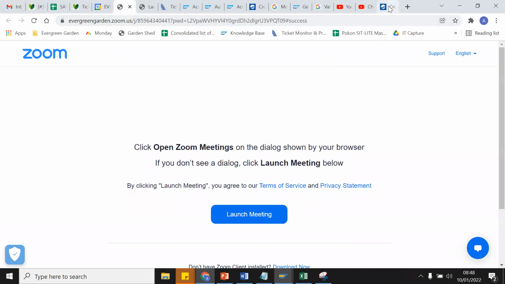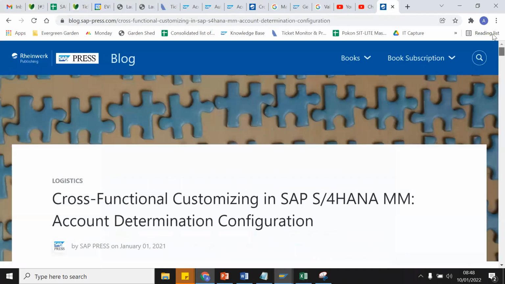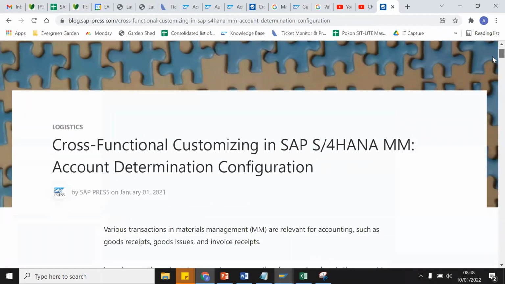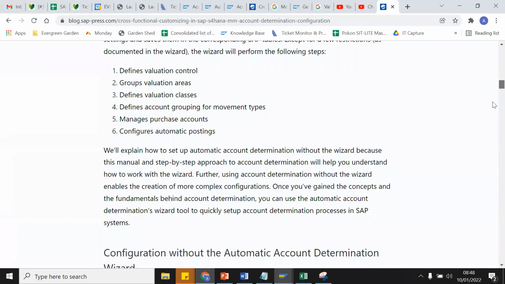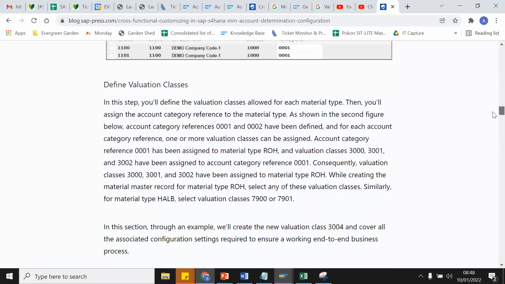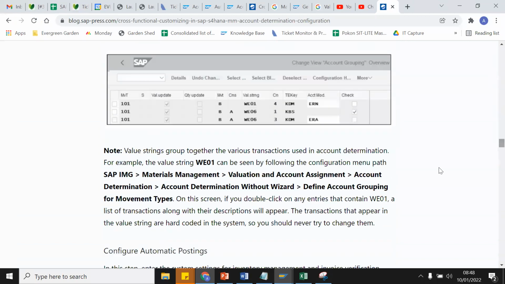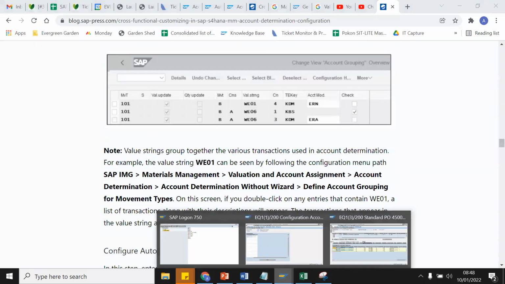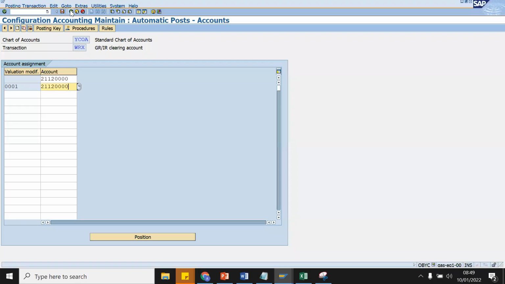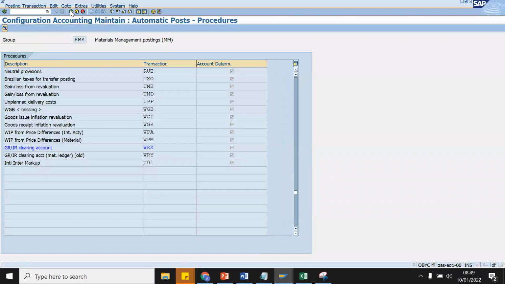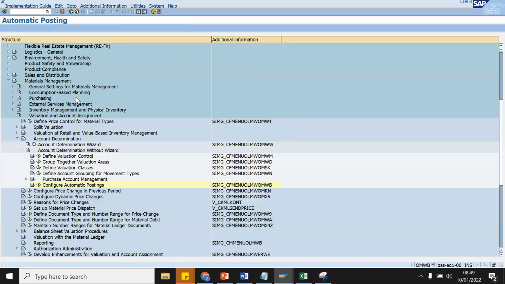Also, you can go through this SAP Logistics Press guide, which I can put in the link of this video as well. Here you can go through the definition part and check what this all actually means. But the whole picture here is that you have actually done the assignment. The whole process which you have designed works perfectly.